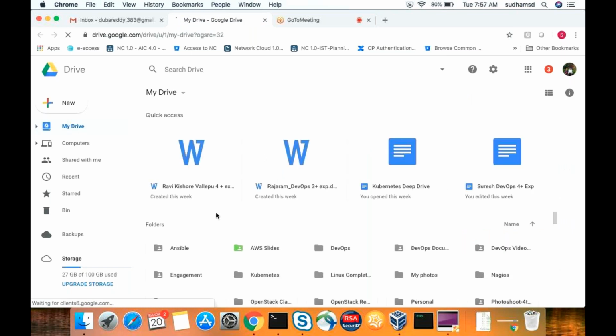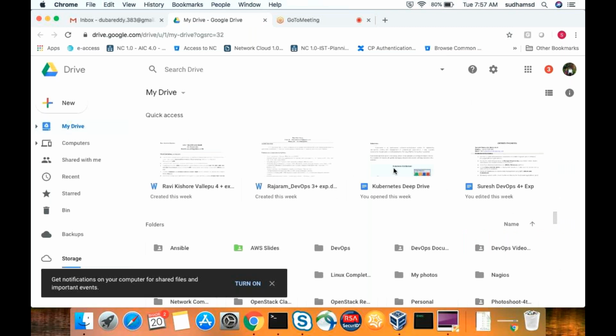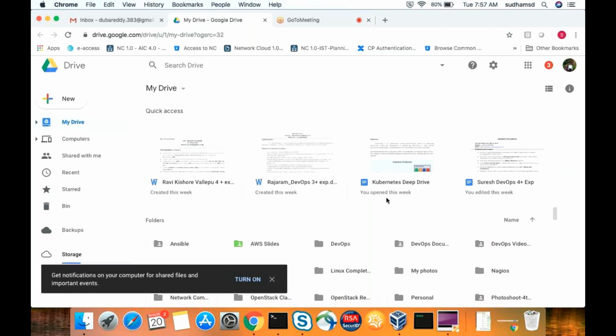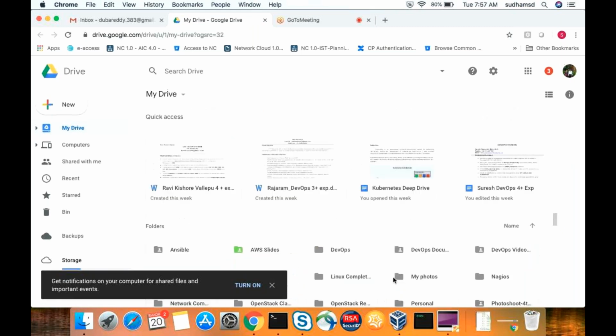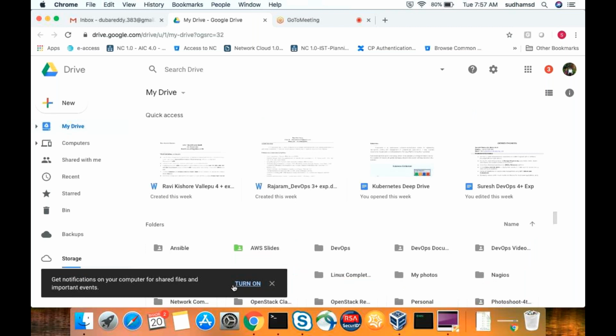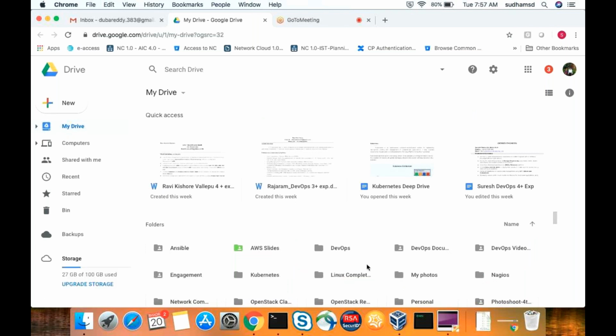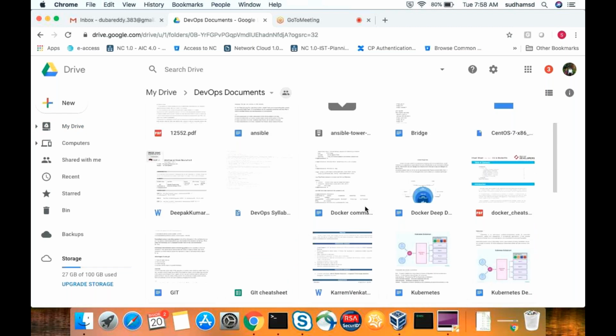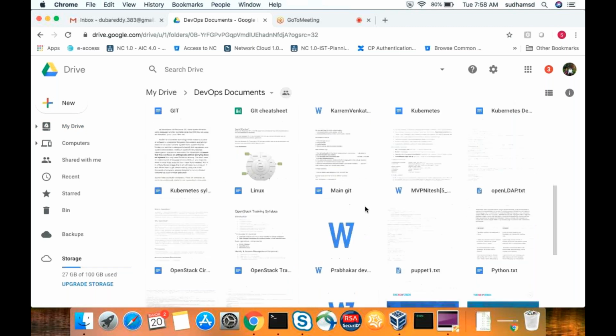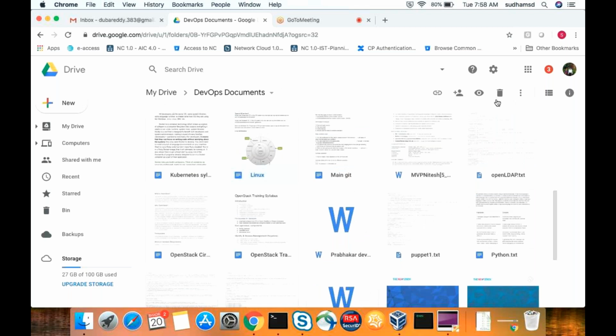These are the documents which I prepared for Kubernetes. I will give you those later.